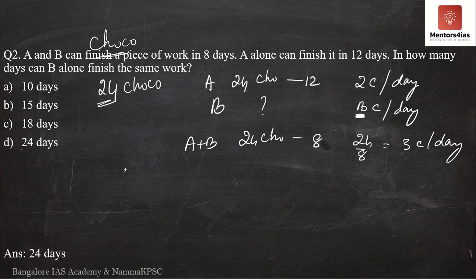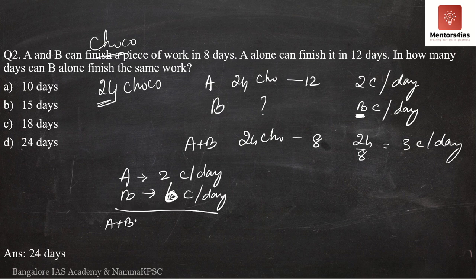So I'll just write this here. A is what? 2 chocolates per day. B is what? I don't know. I'll just keep it as B itself here. Please don't get confused. You can take it as anything else. You can take it as Y, you can take it as small b. Fine, I'll write it just as small b so that you don't get confused. This is small b.